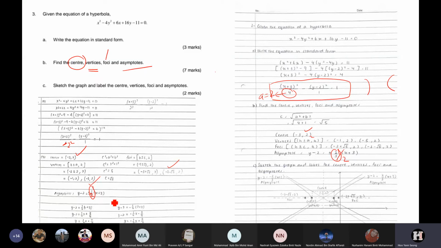And one more thing: is it necessary, like this person, to expand everything and give the final answer? For me it doesn't matter. Why? Because the next question is to sketch the graph using these equations. Unless you sketch the graph using this equation, then you need to expand it and sketch. But we don't do that. What we did is